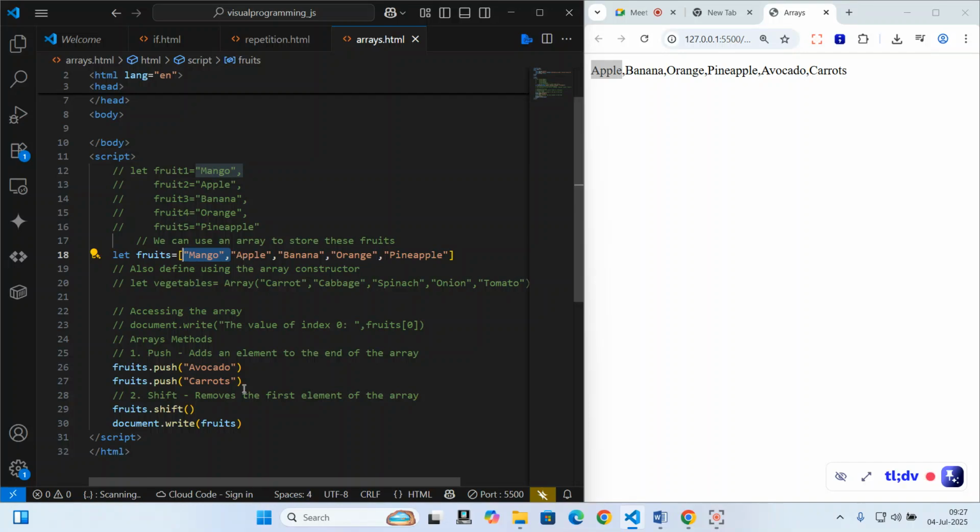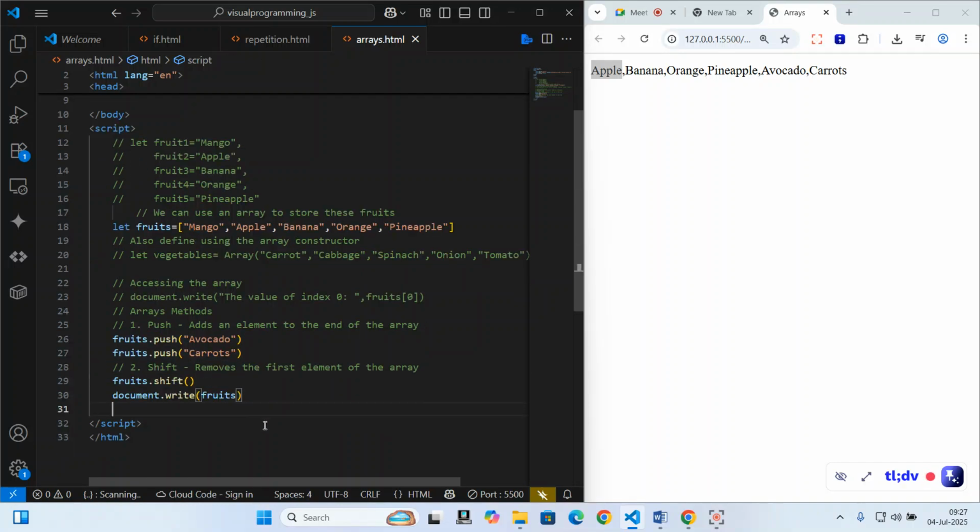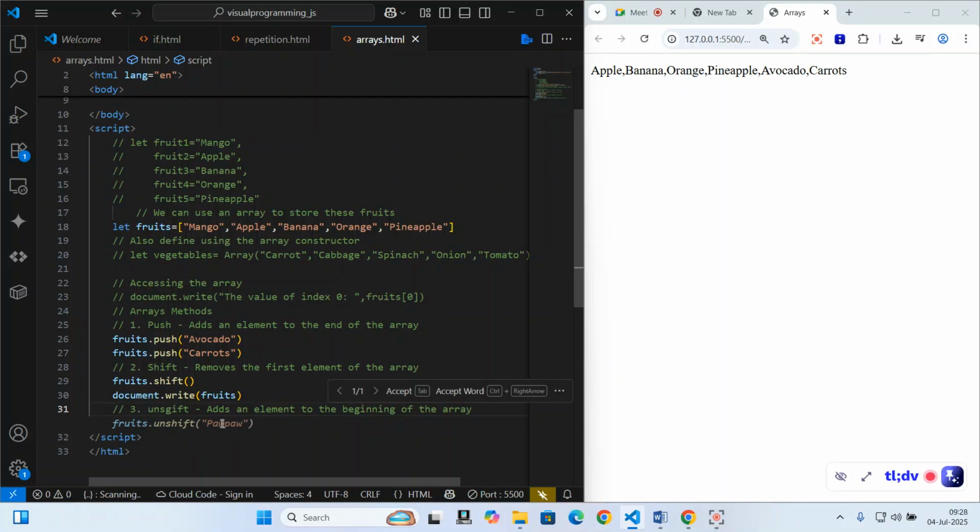Now, what if I want to add an element at the beginning? Remember, push will add at the end. If I want to add an element at the beginning, the third method is unshift, and unshift adds an element to the beginning of the array. So let's say at the beginning of the array, I want to add a new fruit, maybe something like kiwi. So I'll simply say